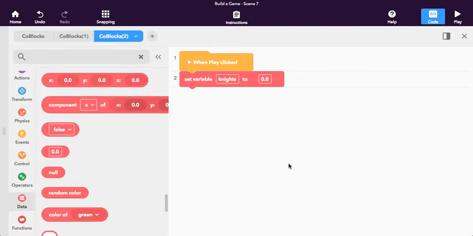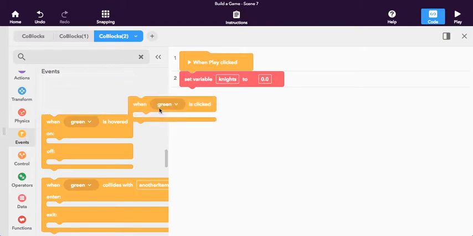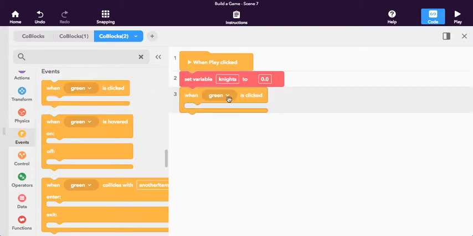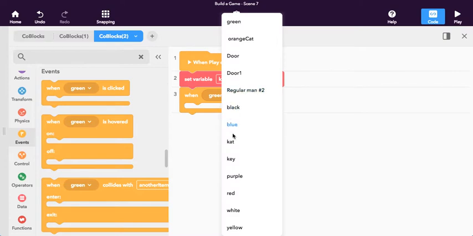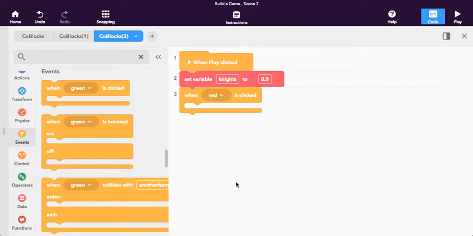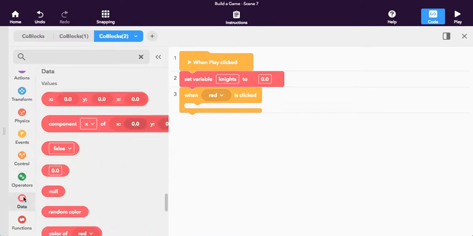So once I've set that, now what I want to do is I want to have it so when I click a knight, it changes the variable by 1. So it goes up by 1 every time. So to do that, I'm just going to click on events right here. I'm going to drag when, let's start with the red knight, and it's just called, the red knight is just called red. So when red is clicked, I'm going to go back down to data, and I'm going to grab